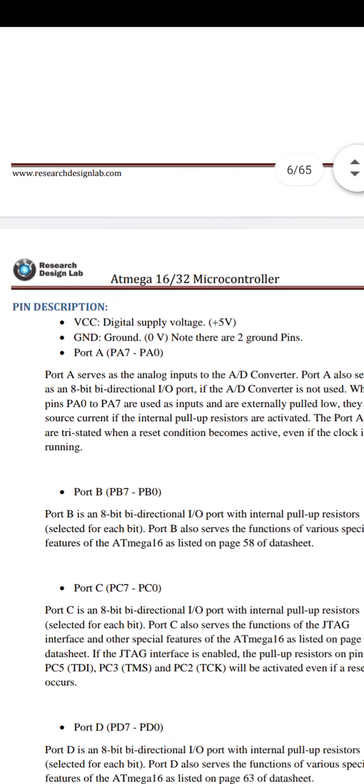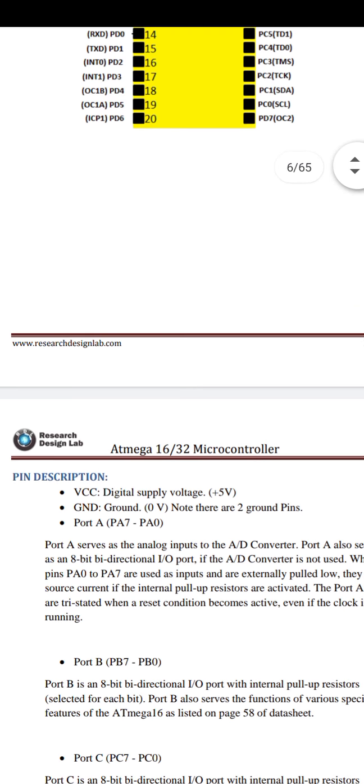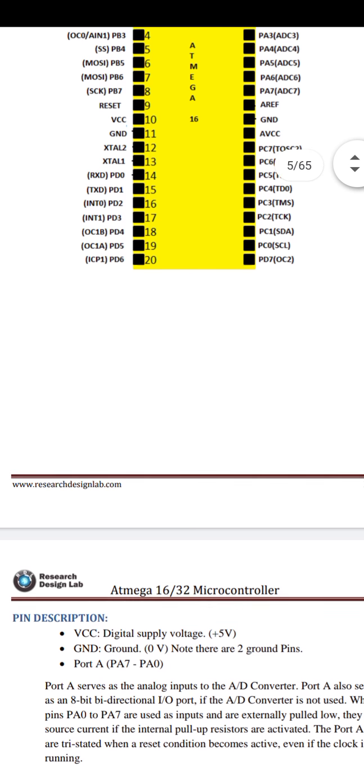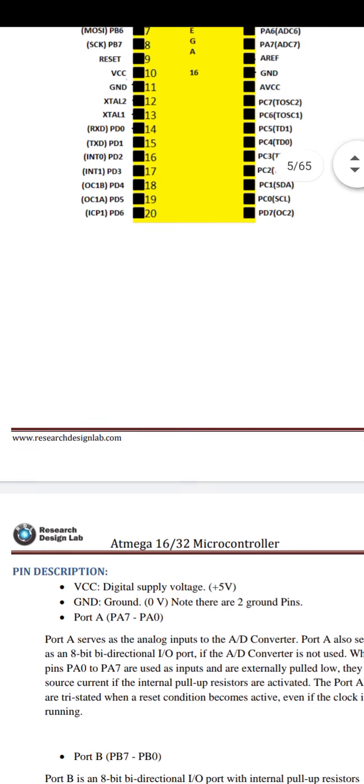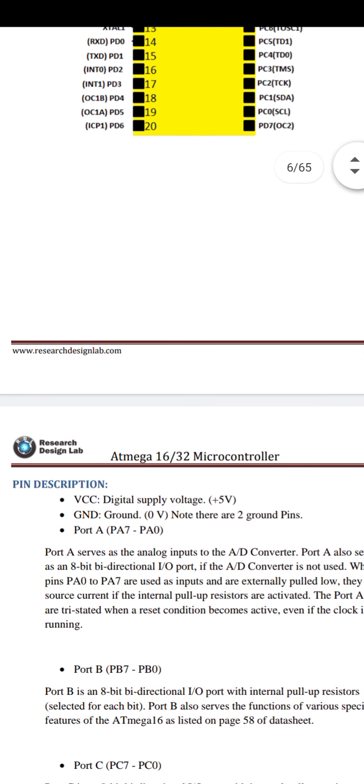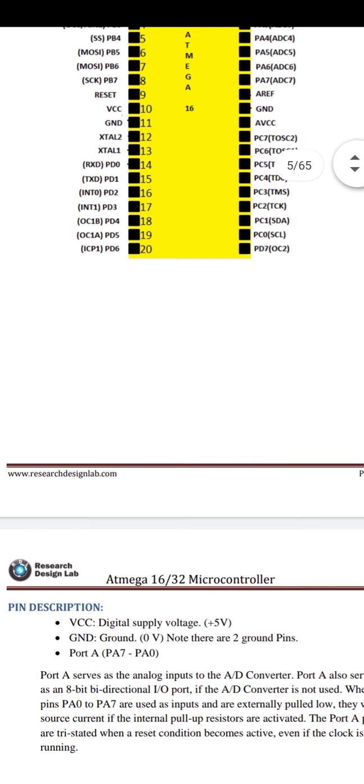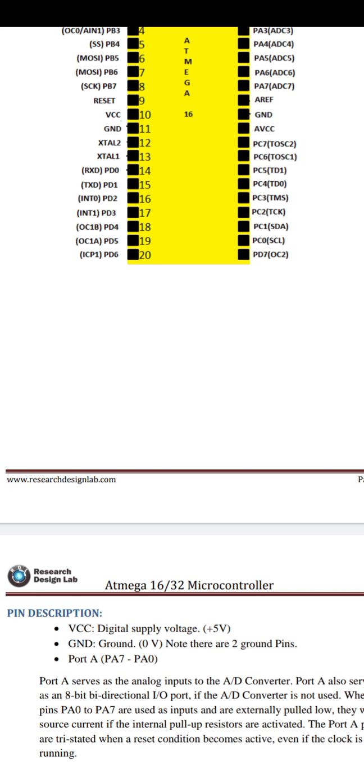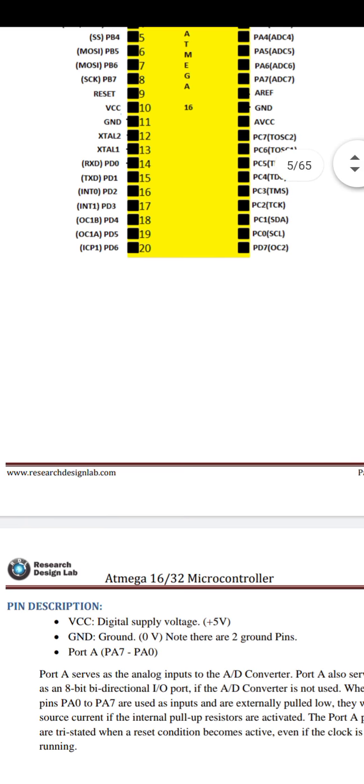Now the pin descriptions. VCC is the digital supply. We have to supply the ATmega 16 with 5 volts. Ground is 0 volts. Note that there are 2 grounds, pin number 11 and 32.